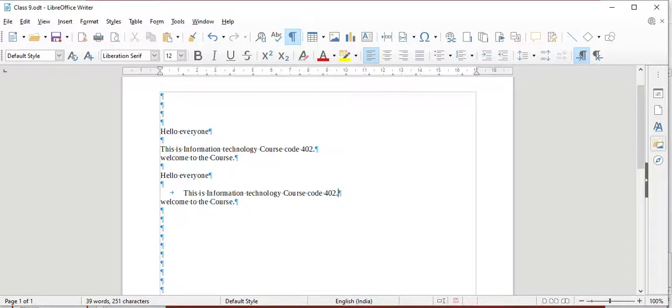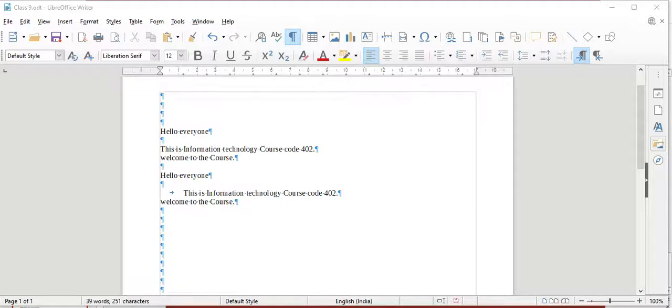The next one is for editing a document: checking the spelling and grammar. If you write a wrong spelling or a grammatical error, you may not remember that you made the mistake. In this situation, we refer to books, or confirm the spelling from a teacher, or nowadays we check directly on Google whether the spelling is correct or not.